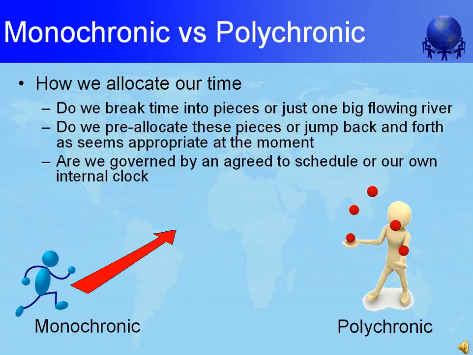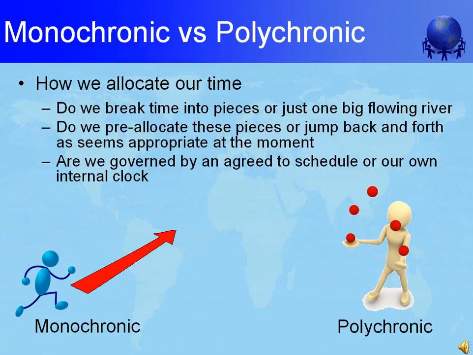Are projects and day-to-day operational activities more likely to be completed satisfactorily if we break them into small steps and closely monitor the completion of each step, or if we let everyone work at their own pace and in their own way? For a monochron, switching back and forth from one activity to another is not only wasteful and distracting, it is uncomfortable. Monochrons love to plan in detail, making lists, keeping track of their activities, organizing their time into daily routines, and they are motivated by schedules with deadlines.